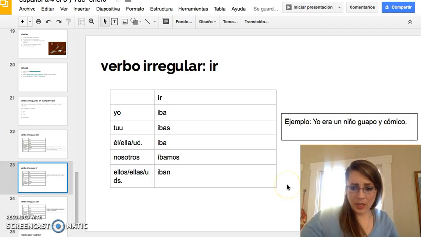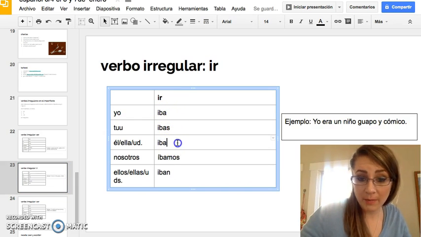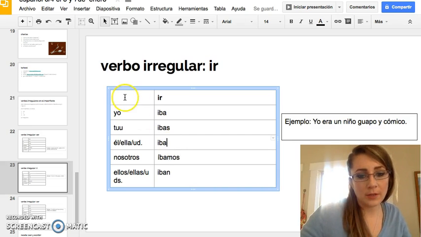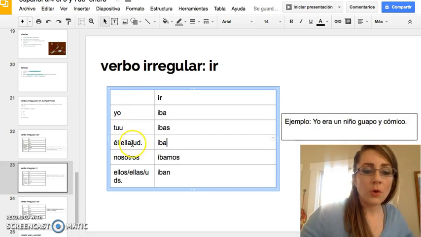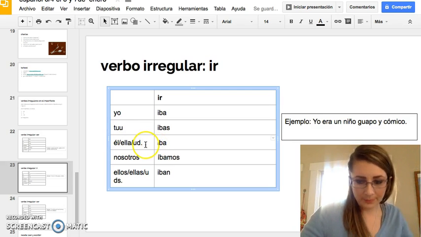All right. They sound funny. Again, not difficult to conjugate though. They're conjugated very normally, except for that the yo and the él/ella/usted are the same. Again, you need to just use context clues for that. So you need to write the yo or the él, ella, Maria, whoever it is, to make sure you know which one you're talking about.